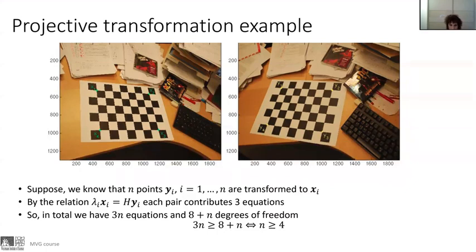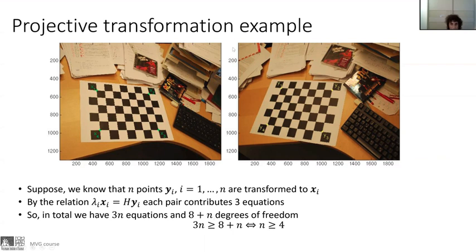Let's say that we have n points, yi, which are transformed to the point xi. We move from here to the right to the left. By the relation that xi is related to yi by homography, we need to solve the equation lambda_i times xi equals H yi. So each pair xi, yi contributes exactly 3 equations. So in total, we have 3n equations, and we have 8 degrees of freedom coming from the homography, and